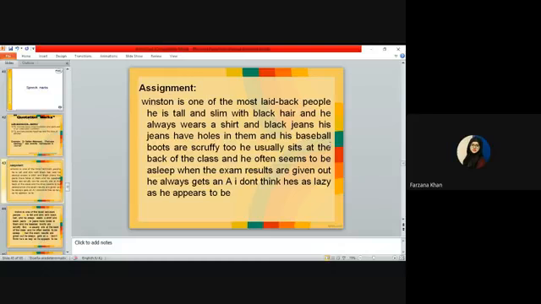This is basically a paragraph. What you need to do, you need to keep in mind all the punctuation rules and all the capitalization rules, and after that try to understand this passage and capitalize and punctuate this passage properly to make it understandable. There are certain words which are not capitalized, which you need to capitalize. There are certain sentences, all the sentences are not punctuated. So you need to punctuate and capitalize this passage. So this is your assignment of this week. Go for solving this assignment and submit it to me by the end of this week.